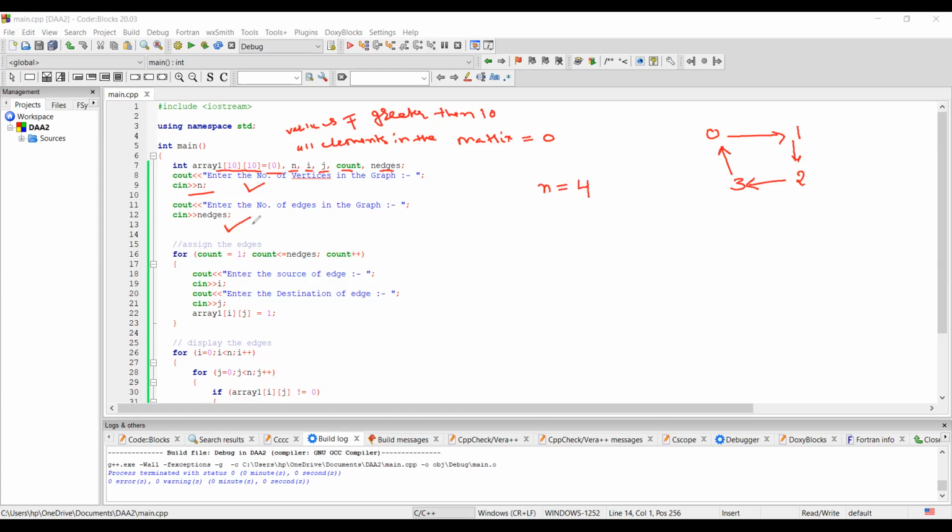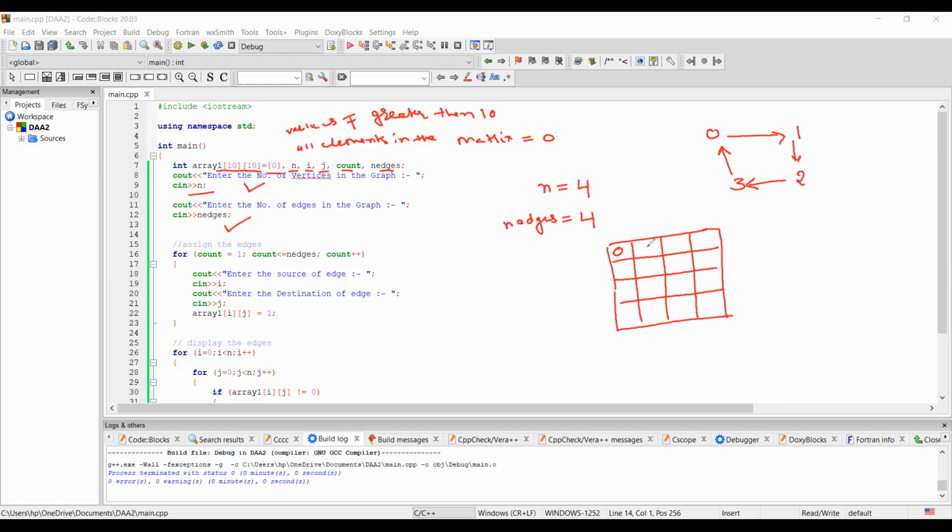Second, the user is asked how many edges are there in the graph. There are also 4 edges. Now if there are 4 vertices in my graph, I will be using only the 4 by 4 cells of the original matrix.